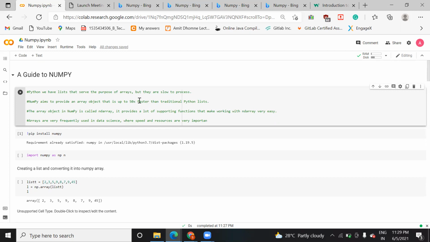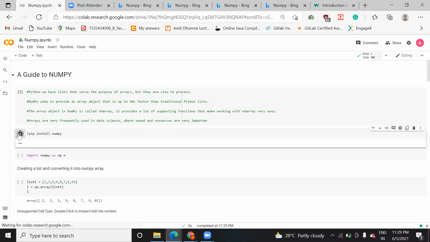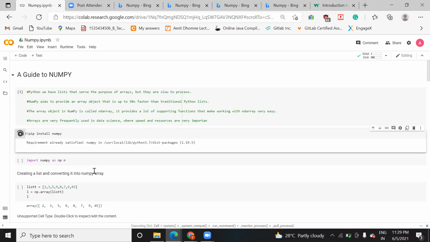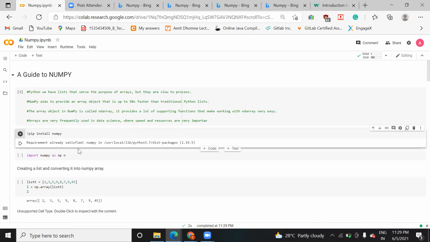So in order to start with, you need to install the NumPy library. How can you install it? You just need to type pip install numpy. I'm using Colab, so here you need to write an exclamation sign, then pip install numpy. As I have already installed it, it is showing me requirement already satisfied. But I am going to run this and show you. So you see, it is showing that it is already satisfied, meaning it is already installed, and the version is